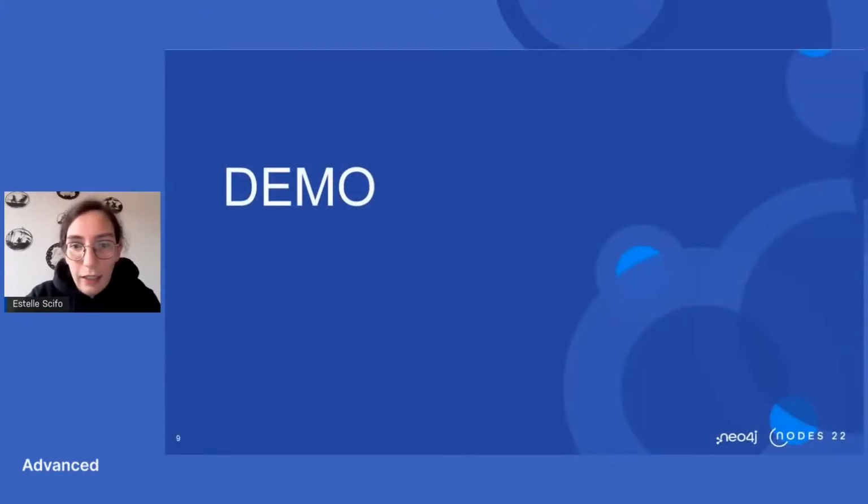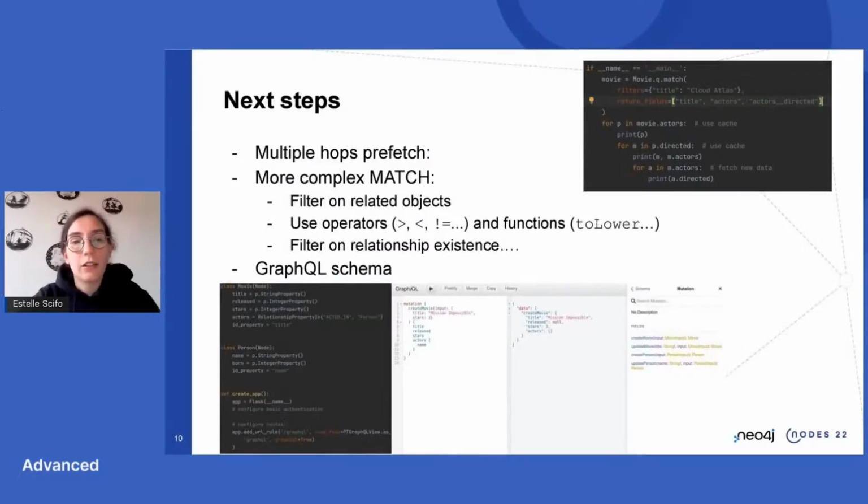And yeah, so when we have this, you can imagine we can extend this code even more, doing multiple hops. That's, for instance, what you can see on the code block on the upper right corner, where we are using this double underscore notation to fetch the actors underscore directed, for instance. That requires parsing this and building our relationship pattern iteratively, but we have almost everything we need in here.